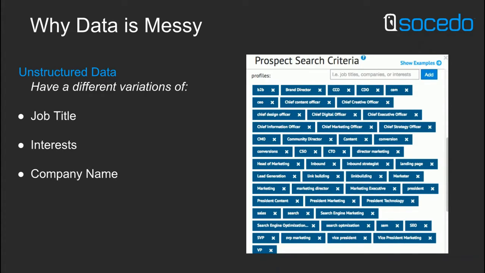From a product and engineering and customers perspective, our database is very structured. The data fields that the product team and the customer team is looking at is, what's their company size, what's their trial length, how much are they paying us for their use of Socedo, how many times have they logged into the app, very numerical type pieces of data.